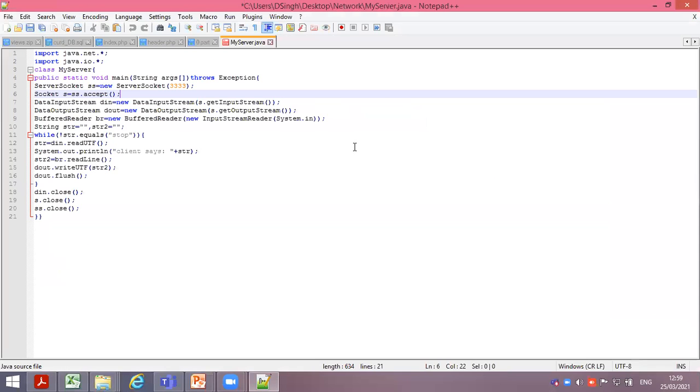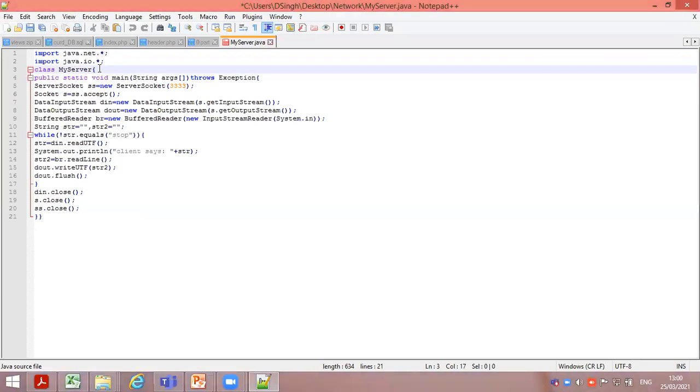I will explain line by line so you can understand easily. First, observe that we use import java.net, a very important package, and import java.io is also important. Then you write a class name, my server, with public static void main throws Exception, which is the basic code.